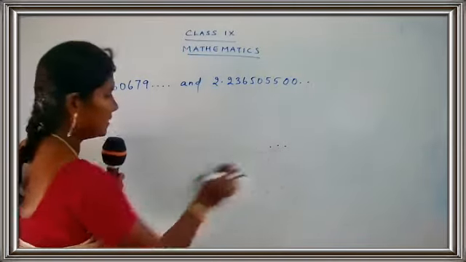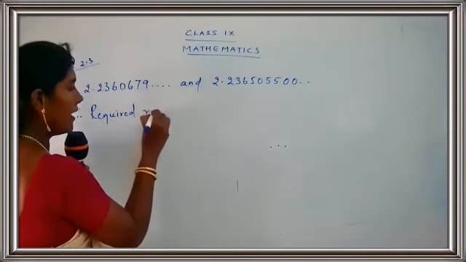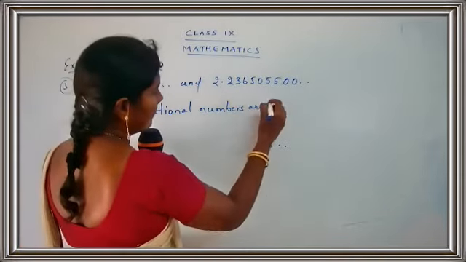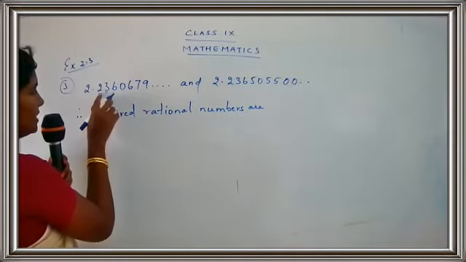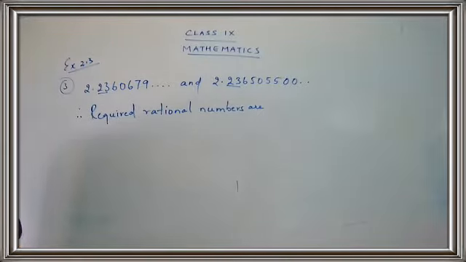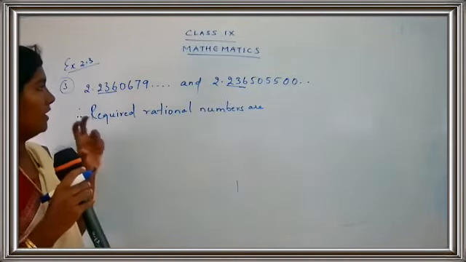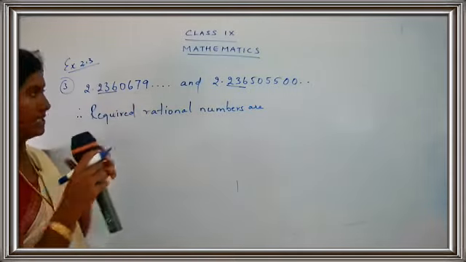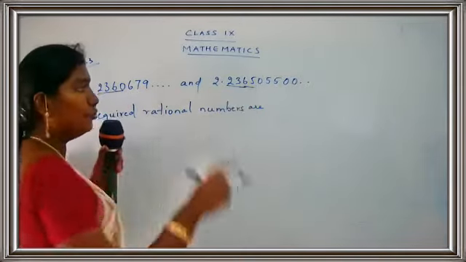Let us find the rational numbers. Write down here: therefore, the required rational numbers are. I'm going to focus on the first two digits here. It's 2, 3. Again, it's 2, 3. They are the same number. Let me go for the next digit. Here I have 6, again 6. If I take the first three digits, I cannot find the answer because they are the same: 2, 3, 6 and 2, 3, 6. So I'm going to take the next digit also. Here I have 2, 3, 6, 0, and here I have 2, 3, 6, 5.